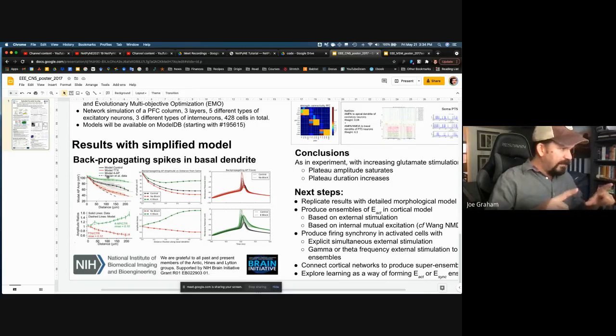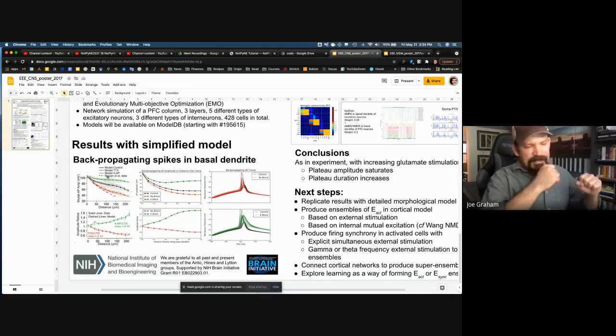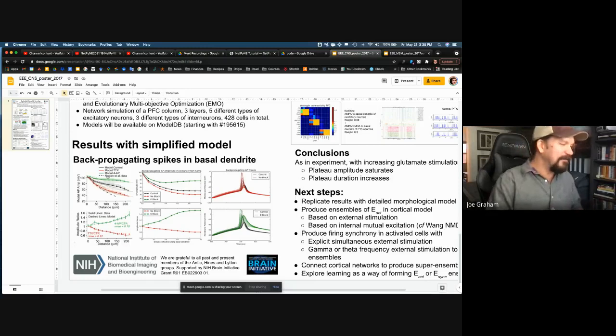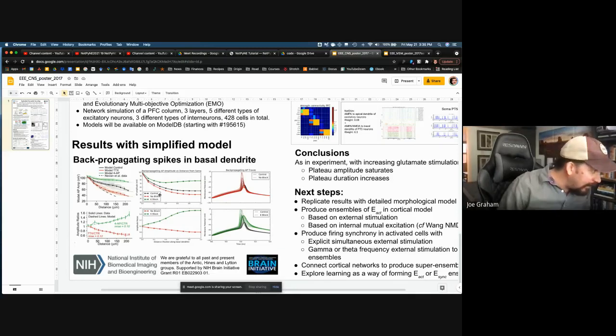One was a sodium channel blocker, like tetrodotoxin, TTX, from the blowfish and a couple of other places. It blocks the sodium channels, so the sodium channels will no longer spike. Obviously that's not good for life, but it's an interesting perturbation that you can explore in your model. So if we do a sodium block,